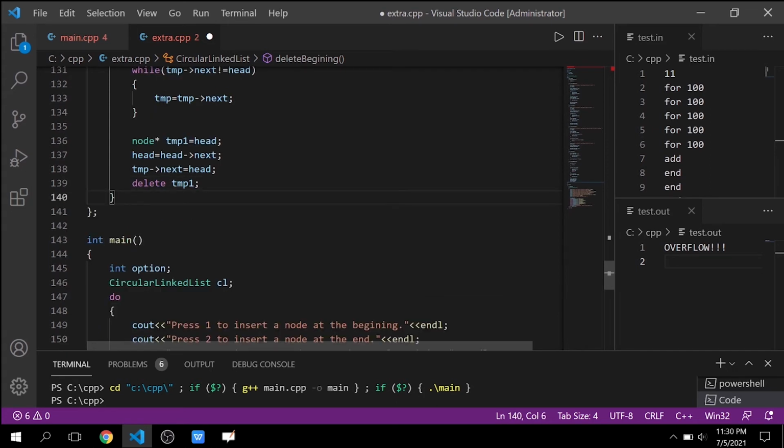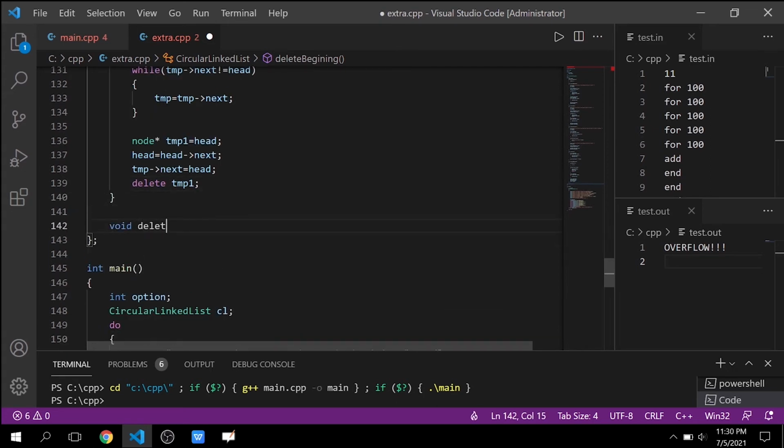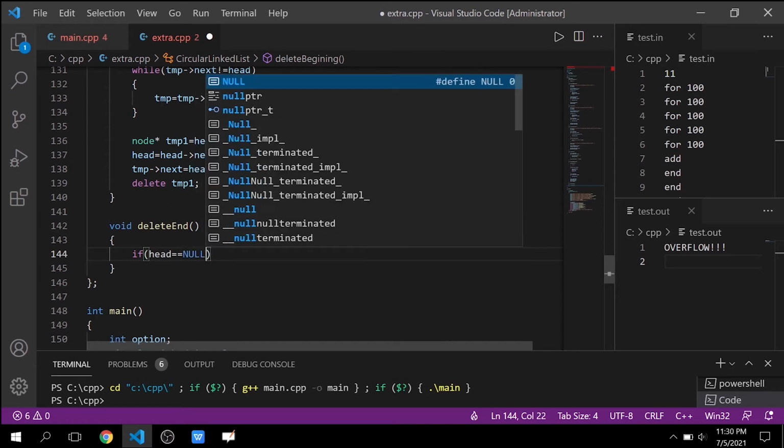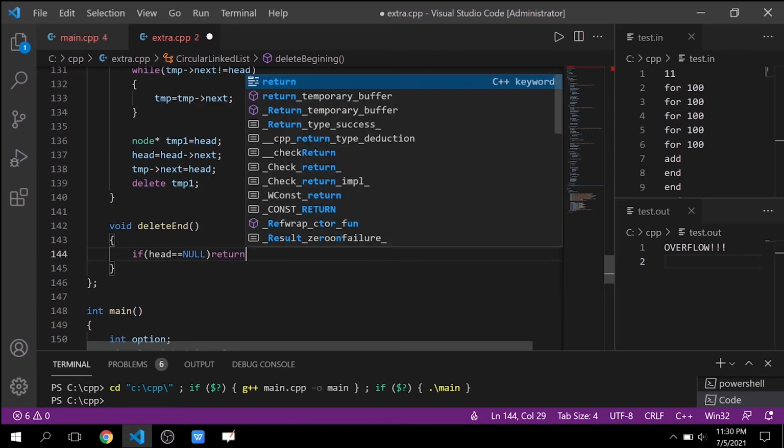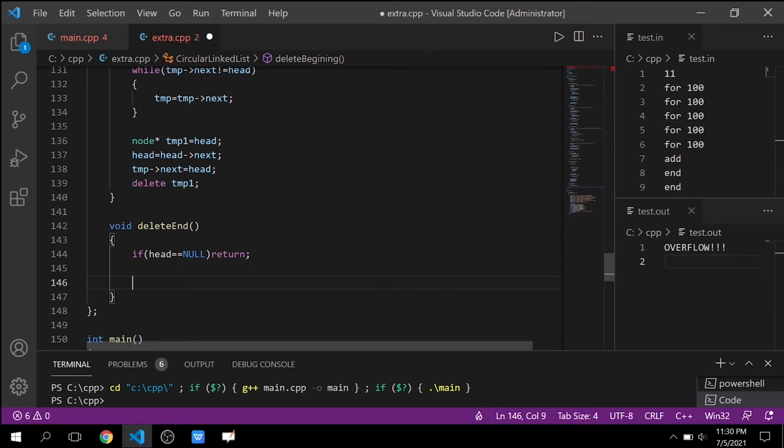So then let's make the deleting function. Again we have to check whether the circular list is empty or not. If it is empty, we will simply return. But if it is not empty, then we will check whether the circular list contains only one value. If it contains only a single value, then we have to delete the single node, so we will make the head null.